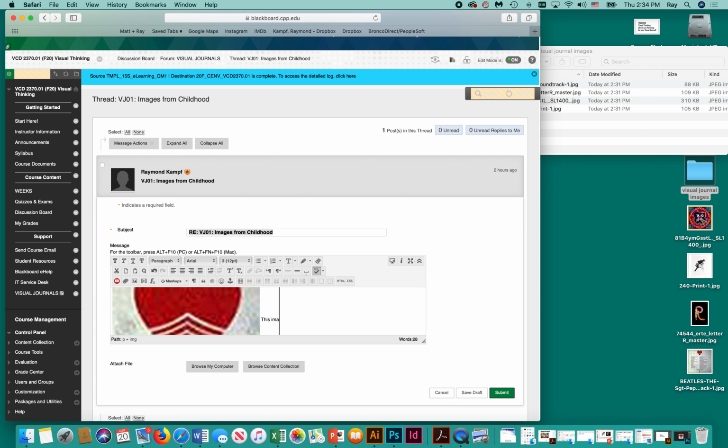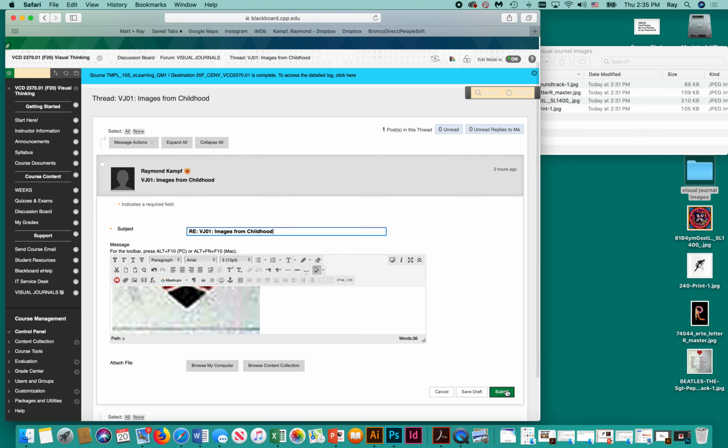This image showed how to combine two images into one. And once I have that, I hit submit,